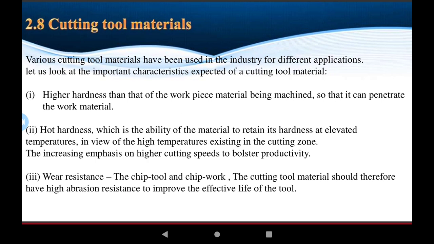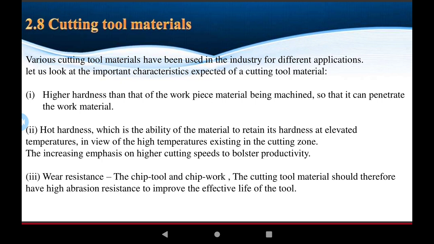Cutting tool materials. Various cutting tool materials have been used in the industry for different applications. Let us look at the important characteristics expected of the cutting tool material. The second is higher hardness than that of the work material being machined,